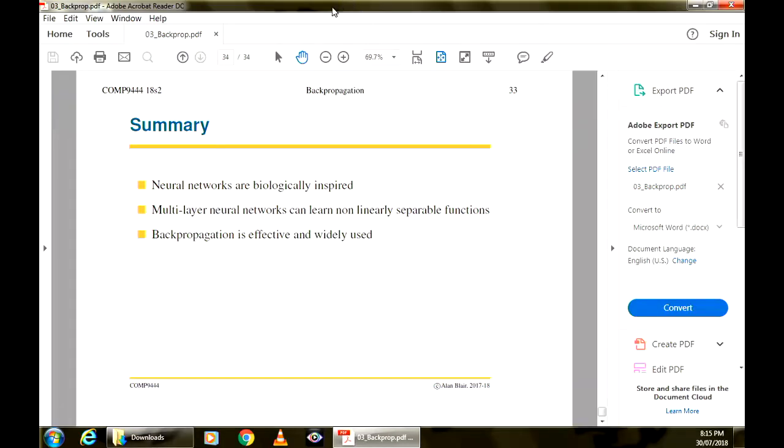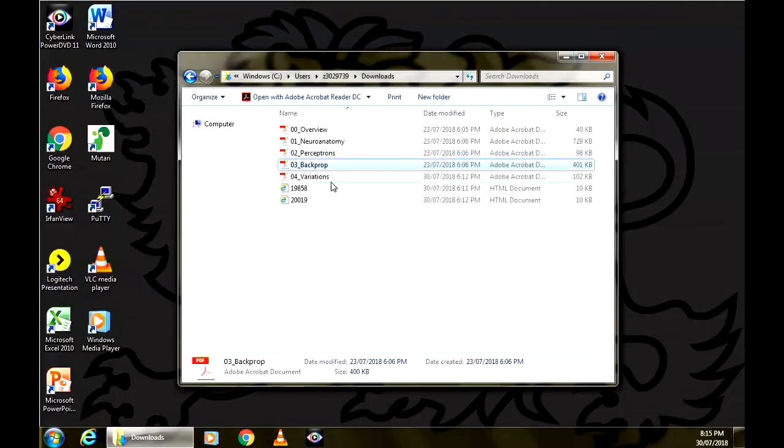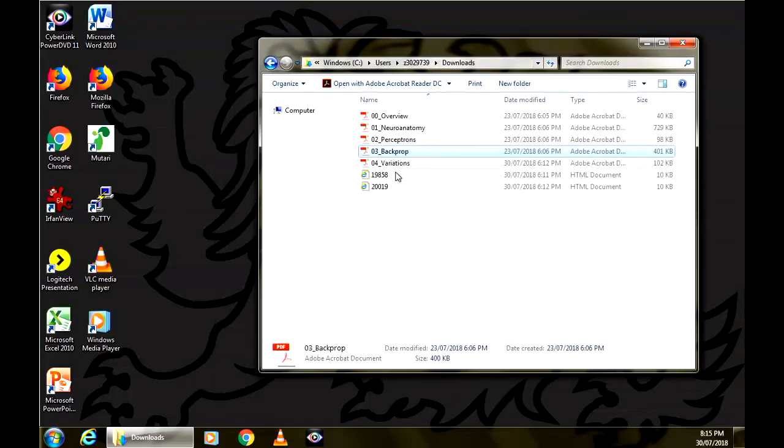Okay, I'm going to move on to variations on backpropagation. We might not get through all of that today. We might leave some of it to next week.